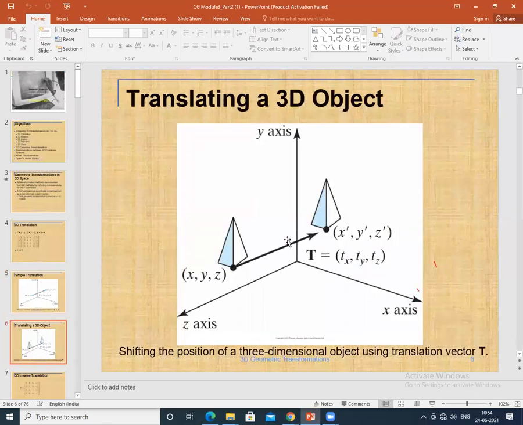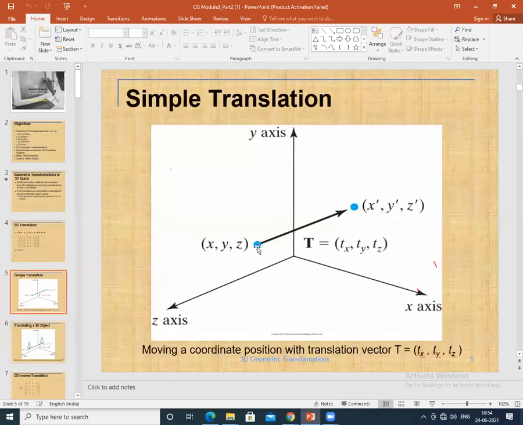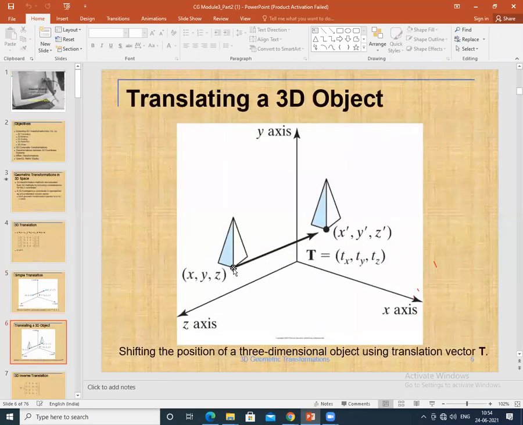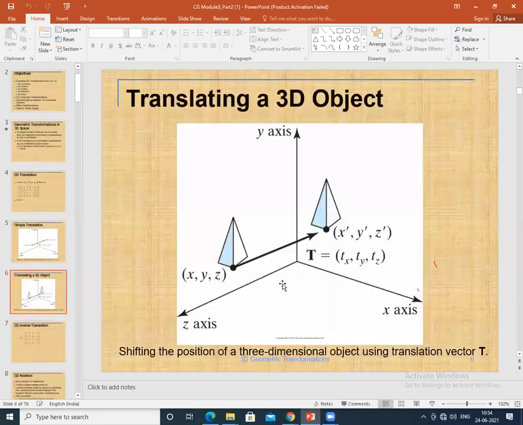Now in this slide, if this is an object, we are going to consider it in matrix form. We are going to multiply this particular pivot point, and translate it along tx, ty, tz, along the various axes. The concept is the same. This is one of the points of a particular object that is being translated.